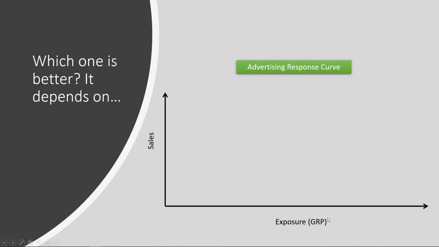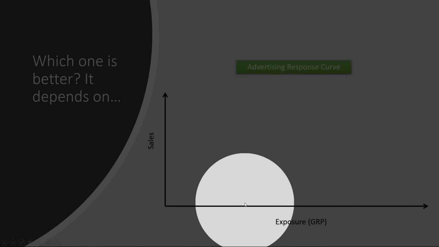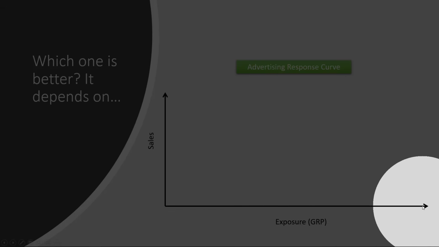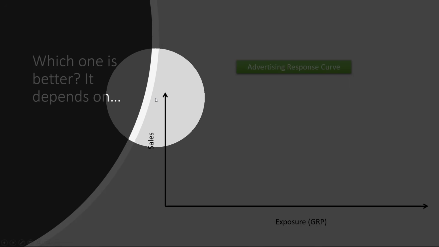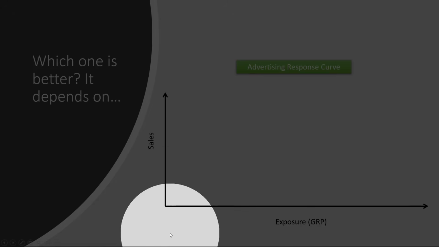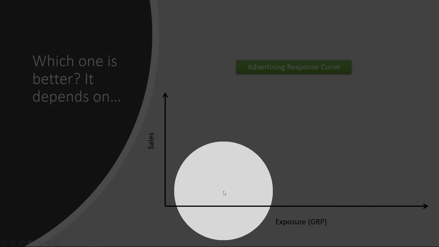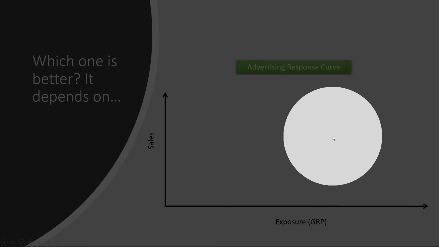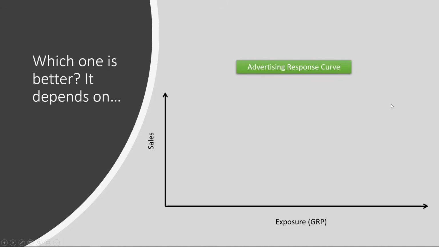So in this curve, what we have is exposure on the horizontal axis. So the further right you go, the higher the advertising exposure is. And on the vertical axis is the product sales. The higher you go, the higher the sales. As you can think about it, overall the relationship should be positive. That is, when you have more exposures of advertising, you should expect higher sales. So the relationship should be positive.